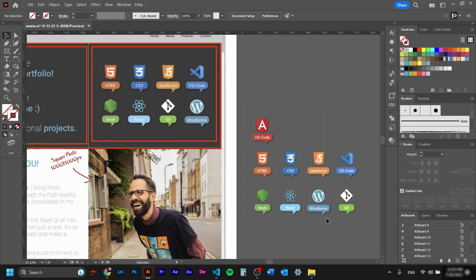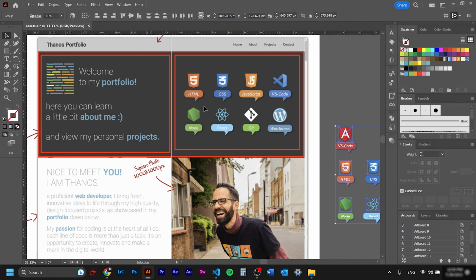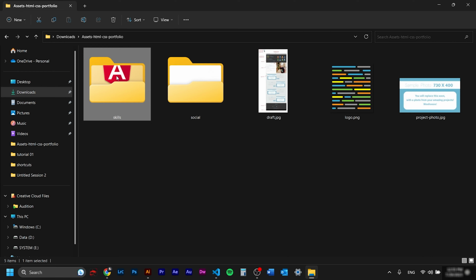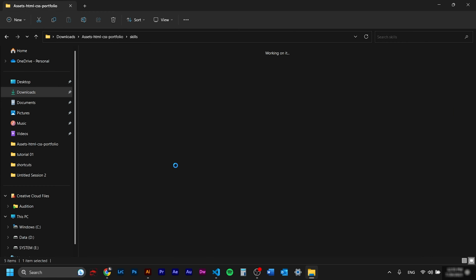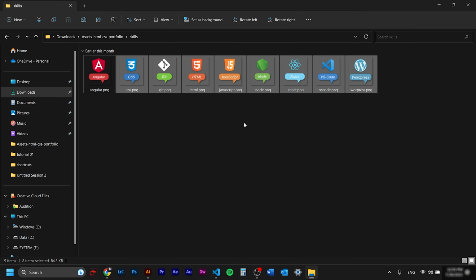Over here I have created all these graphics that we can use, and I think now it's the time to use them because we're going to need them to put them in these divs. So let's go back to the files we downloaded, and we go to the folder that says skills, and I want you to grab and copy the ones you're going to use. For instance, I don't know Angular yet, so I'm not going to grab that. I'm going to grab the ones I need, which is actually pretty much the rest.